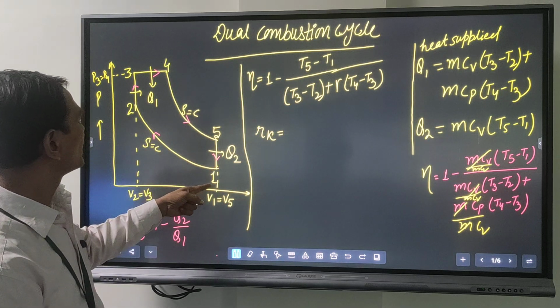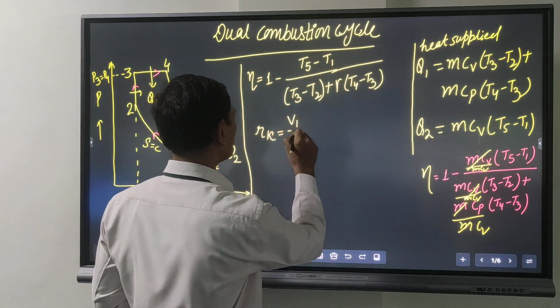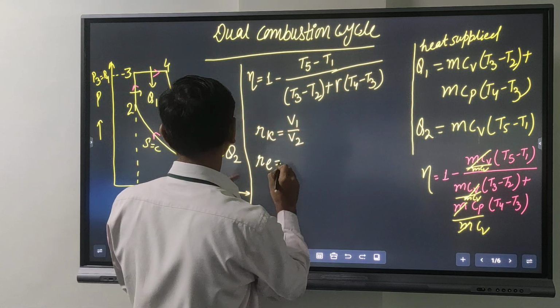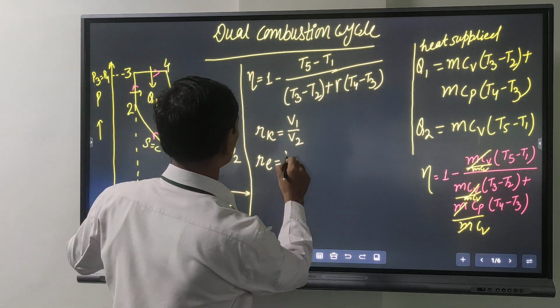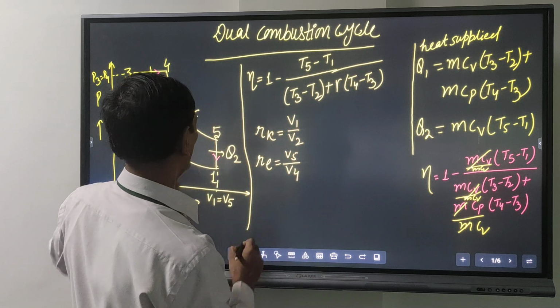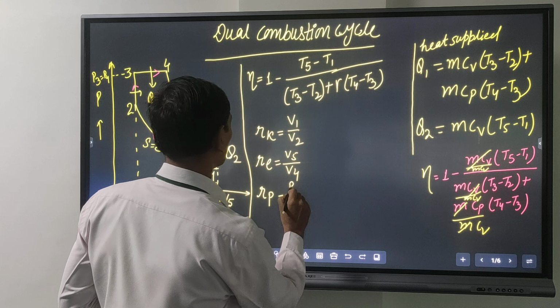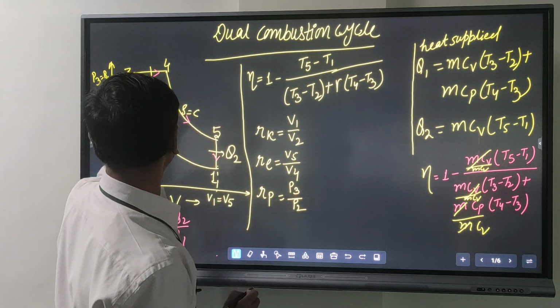So here 1 and here 2, beginning V1 upon V2. Expansion ratio RE is equal to V5 upon V4, and here RP, the pressure ratio, is P3 by P2, and